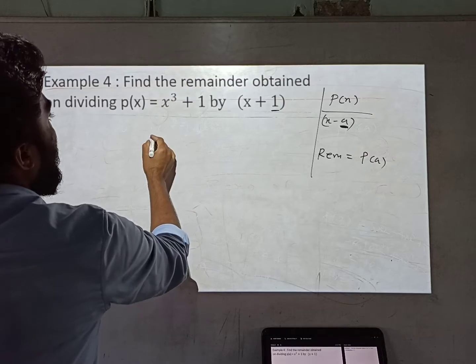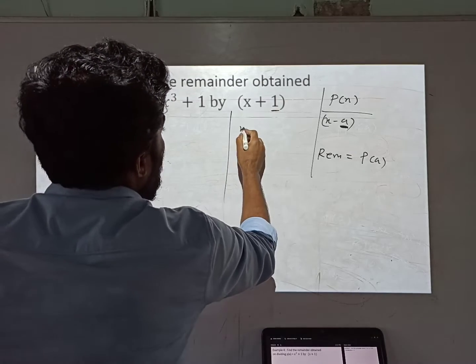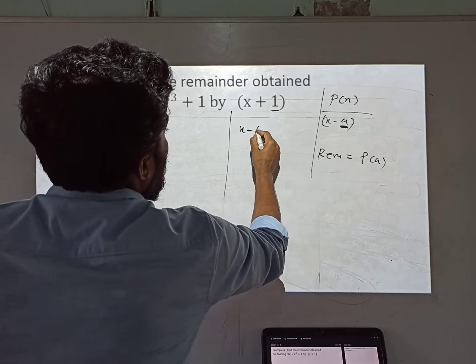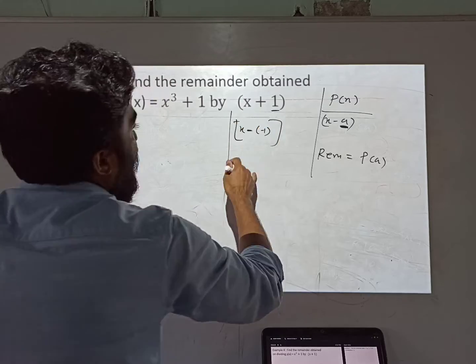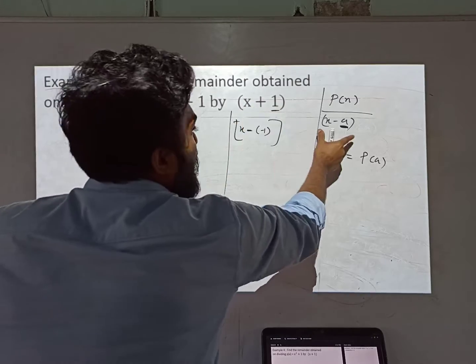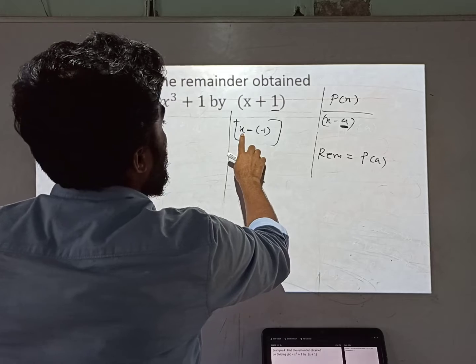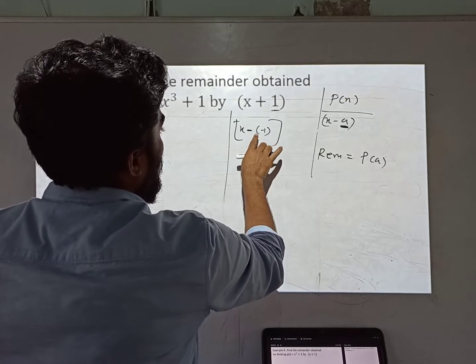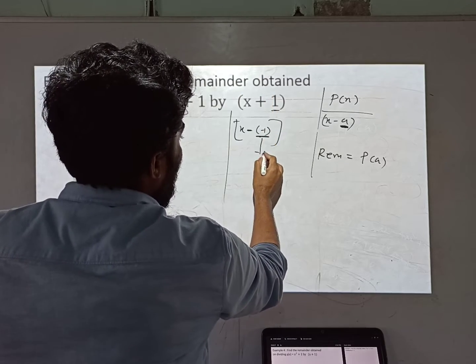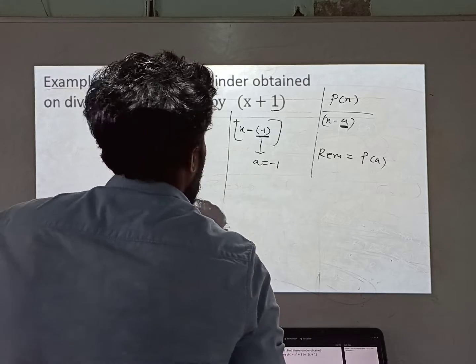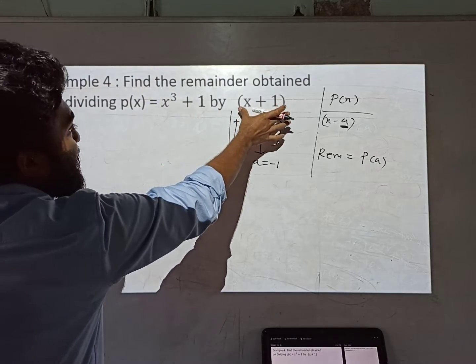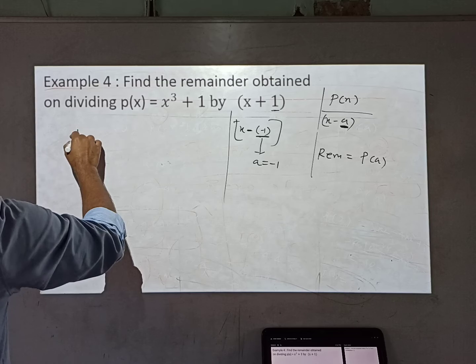Okay. So see, I can write, this is actually not x plus 1. This is x minus of minus 1. Okay. Try to understand. Always, whatever factor is given, always write it in x minus a form. So x minus of minus a, that is plus a. So here the value of a is minus 1. So when this is divided by x plus 1, the remainder will be,